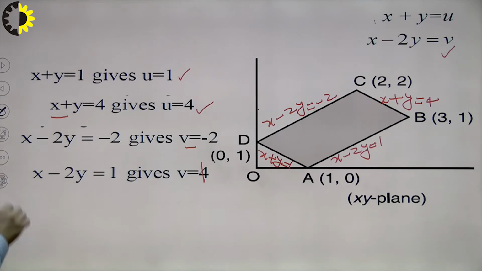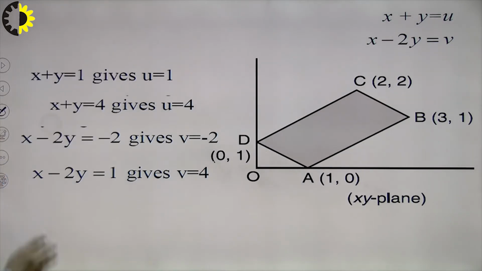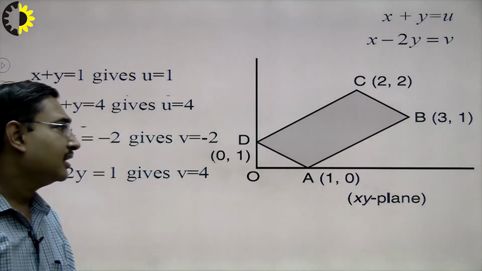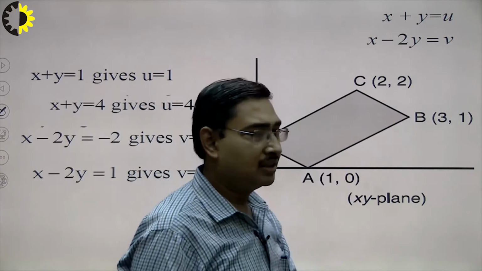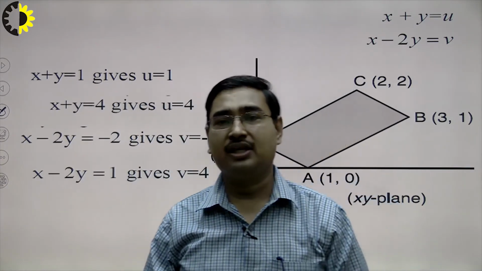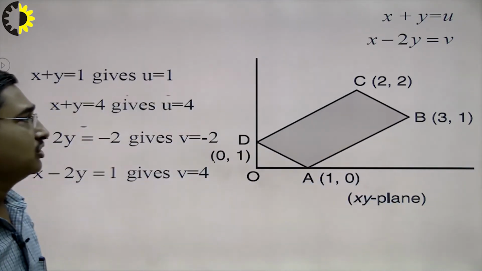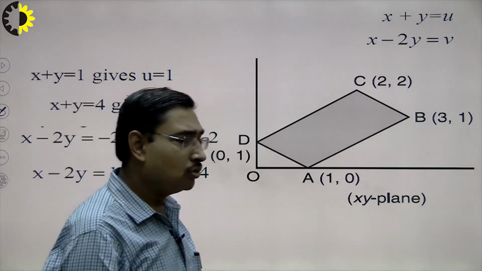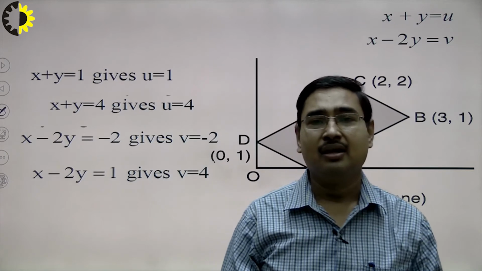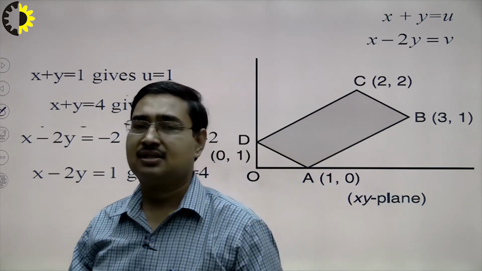In this problem, we can understand the use of change of variables. Here, we have transformed this region into a rectangular region using a suitable change of variable, which was already given to us. Suppose I do not want to make a change of variable, then what is the alternative for us to evaluate